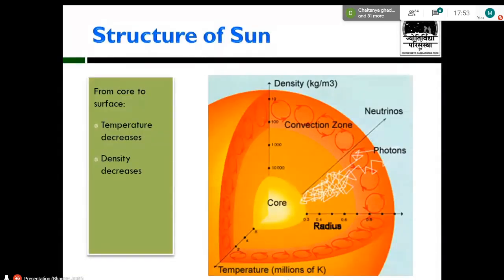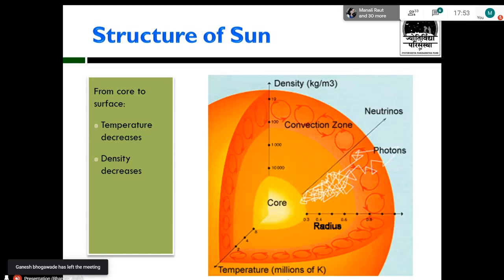So now what about the structure of the sun? So the core of the sun, as you can see in the diagram, they have shown a graph. And in that graph, the really funny thing is you can see the photons they have represented. But the thing is, when the photons are created, a photon is a particle of light according to Einstein's theory of relativity and Einstein's photoelectric effect. A photon is a particle of light or a quanta of light. Now, the thing is, inside the sun, when a photon is ejected from the core, it takes almost 100,000 years.